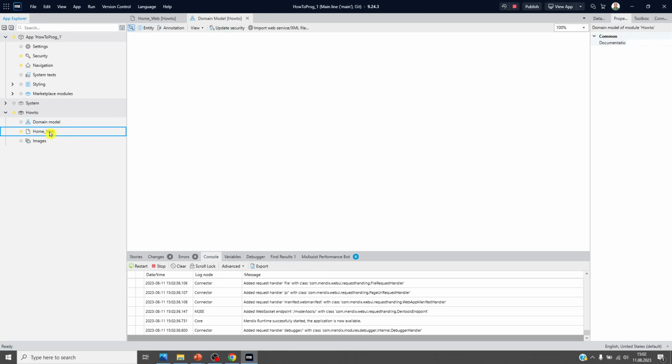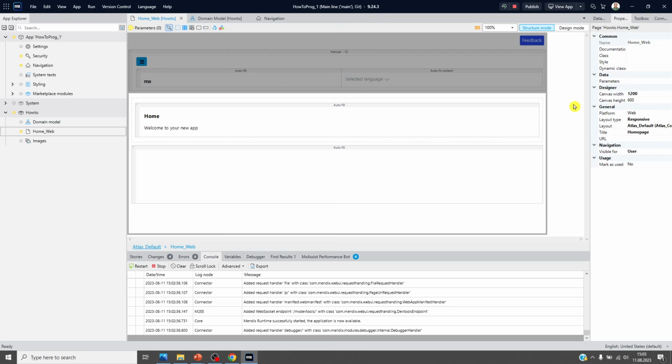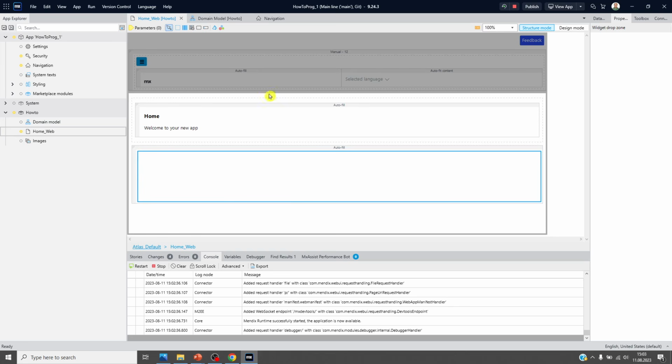Why is this the home page? Because this is the navigation settings. You see there is your application title, application icon, and your default home page is defined here. If you say show, you will find this page. What I'm gonna do is, in this section,